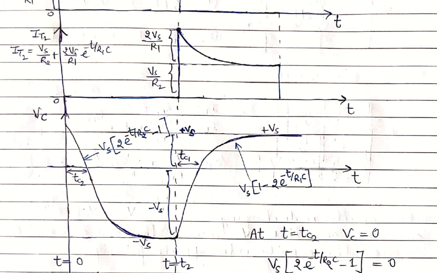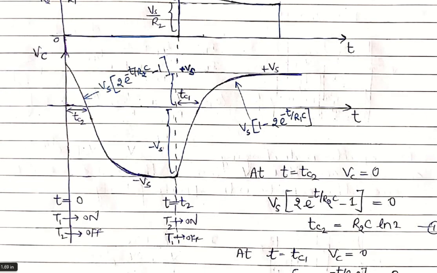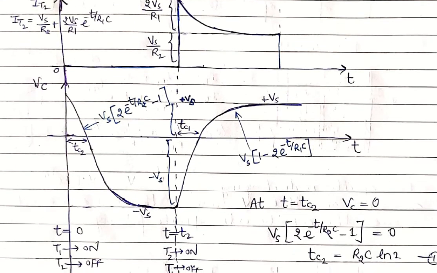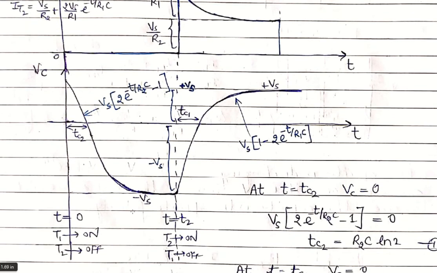So we can see that at t equals 0, thyristor T1 will be on, thyristor T2 will be off. So during the on period of thyristor T1, it will achieve the negative polarity at the end of this mode. So the capacitor has a voltage of minus Vs, and, sorry, not a cosine behavior, it is an exponential behavior. As we can see, the expression has an exponential term. So this is the profile in case thyristor T1 is on, and in case thyristor T2 is on, this type of profile will be there. So from minus Vs to plus Vs, it will again charge in an exponential behavior, increasing the capacitor voltage.